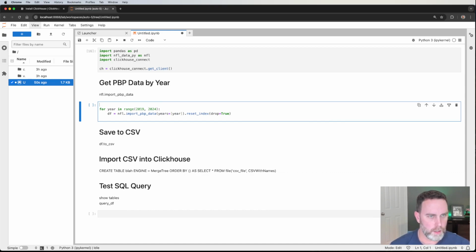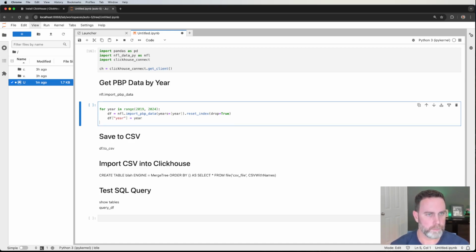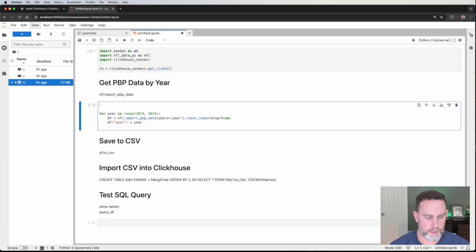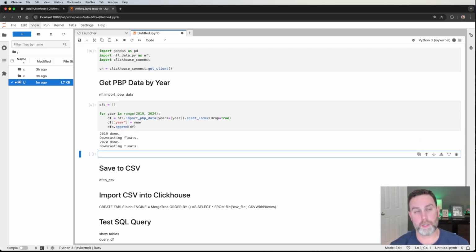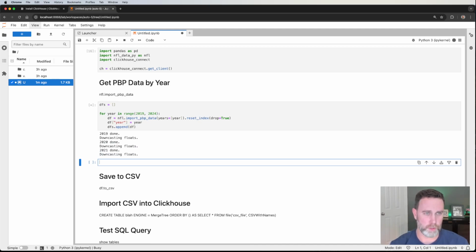And for each year, we'll add that column for the season or the year. I'll just call it year equals year. And each data frame we'll put into a list of data frames. So df append df. All right, so that'll run,